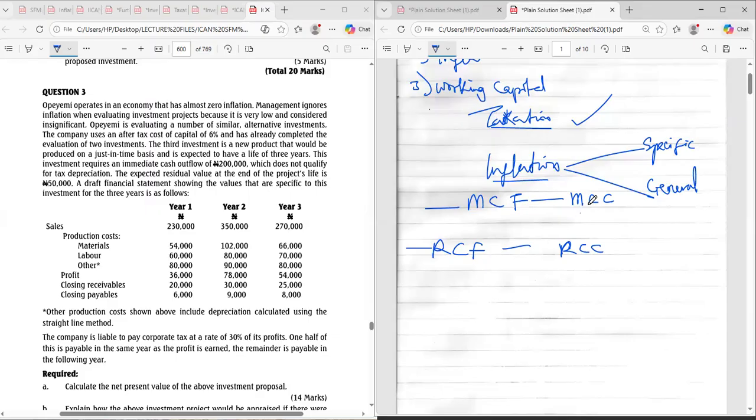Makes sense? So please note that golden rule, rule number one: your money cash flow must be discounted using your money cost of capital. Your money cash flow must be discounted using your what? Your money cost of capital. While your real cash flow must be discounted using your real cost of capital. That is the way you go about it. Am I too fast? Money cash flow is discounted using your money cost of capital. Real cash flow is discounted using your real cost of capital. That is the golden rule.